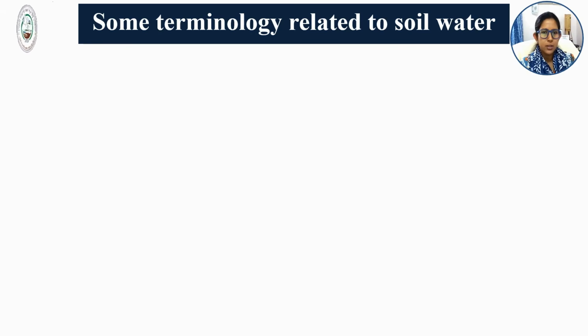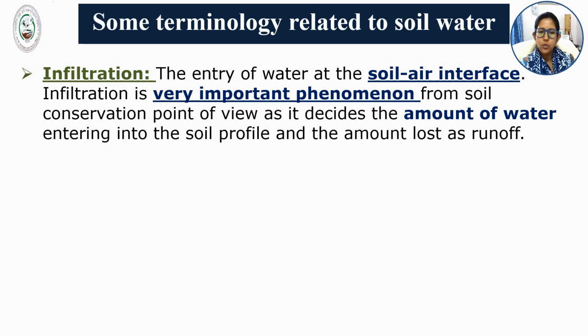The next two important soil physical properties which we will discuss are soil water and soil air. So soil water and soil air are the two phases which are residing within the soil pore spaces. And these are some terminologies related to the soil water and the movement of soil water within the soil profile. Infiltration is the entry of water at the soil air interface, and it is a very important phenomenon from the soil conservation point of view, as it decides the amount of water entering into the soil profile and the amount lost as runoff, and it is dependent on soil